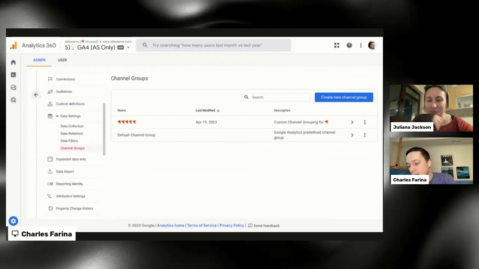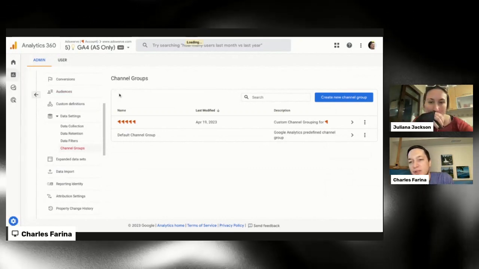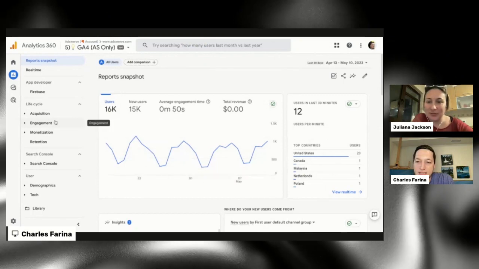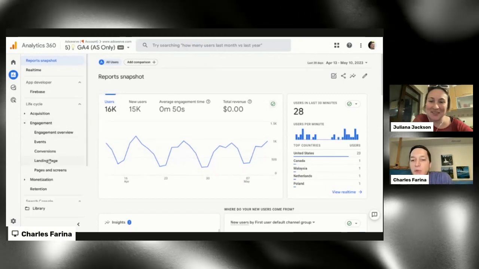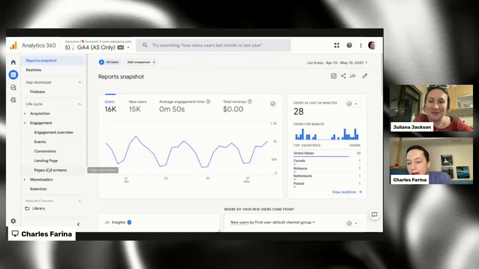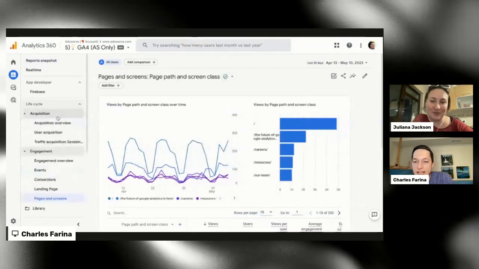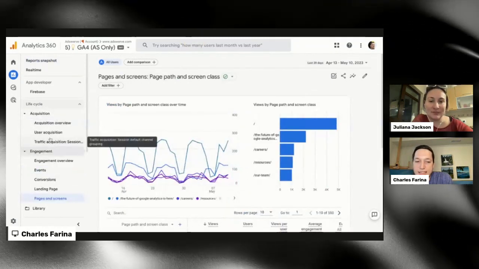So there are also some fun ones. I'm sure you have some thoughts on this, Juliana. We also got a variety of new dimensions and metrics. So as an example,